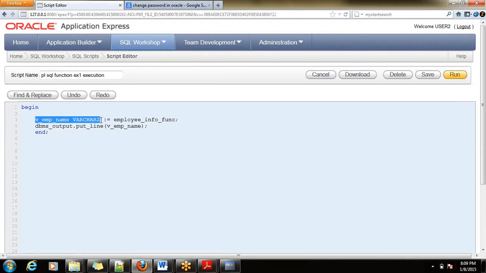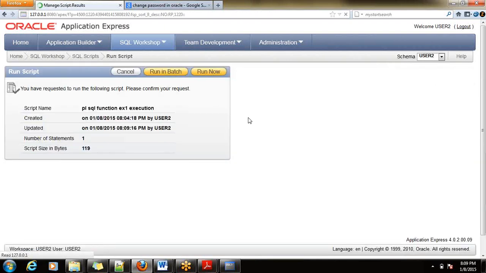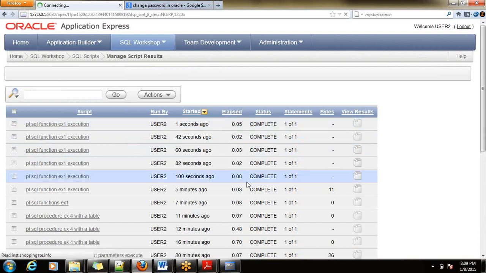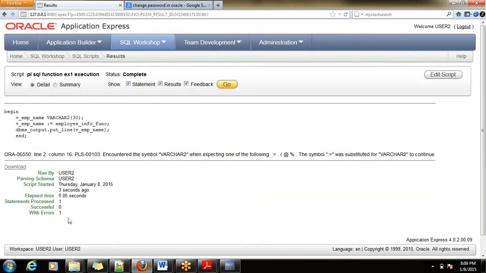So I am declaring it in a separate statement, mentioning the size over there, then initializing it. Still it is throwing some error.